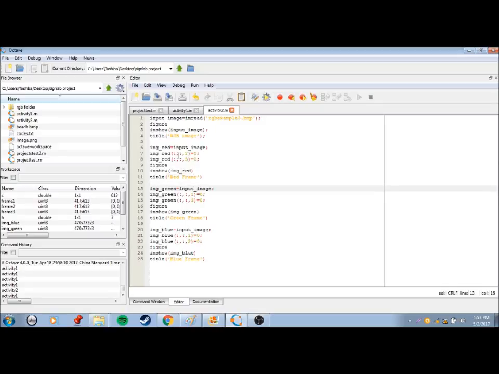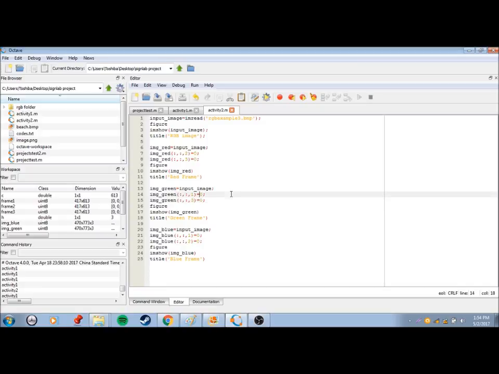Now, similarly, to access the green frame, we remove the red and the blue. We set them to 0. We can recall the red frame is the first frame, and the blue frame is the last, or the third.